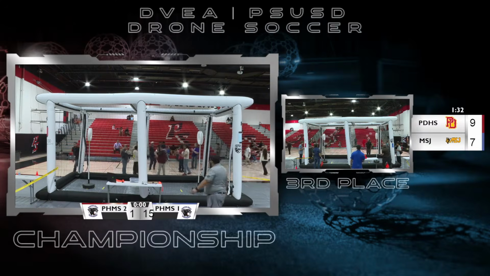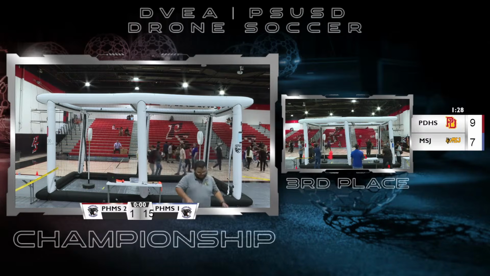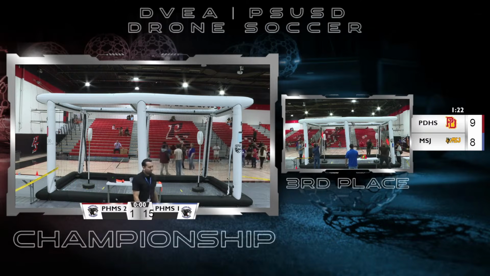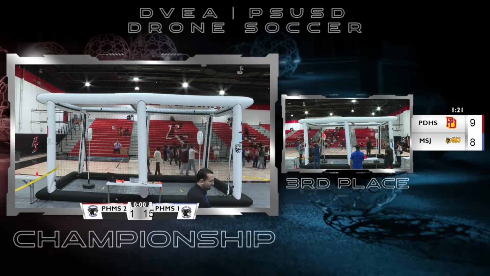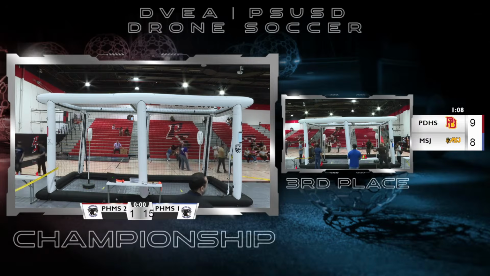Now we have about half the time left to play, and we're a very tight game. 8-9. One score is making the difference. Palm Desert High School is up 1 point with about a minute and a half left to play. After this third place match concludes, we'll be announcing the champions, 2nd place and 3rd place. All students 1st through 3rd get a medal as well as a trophy to take home to their campus.